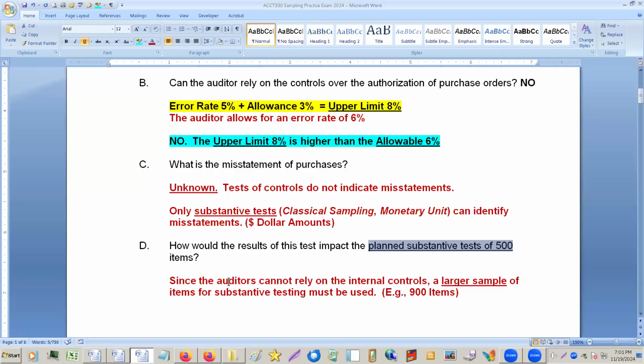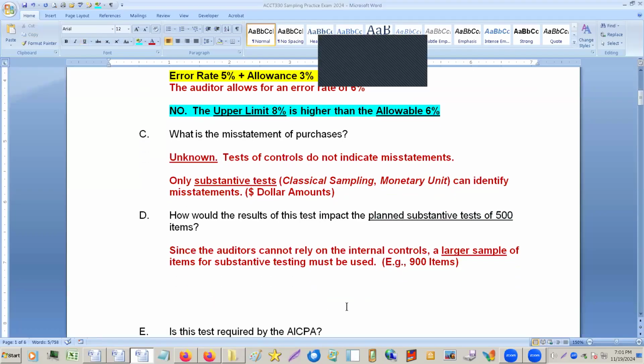If you find out that that's not the case, I can't rely on these controls, then you go to plan B. Plan B is, okay, we've got to do more substantive testing. And maybe you'll learn from that. And the next year when you come in, you don't do the test of controls. Are the controls the same? Yeah. Okay, well, we're not going to test those. We'll skip wasting the time doing that and just focus on taking a larger substantive test sample.